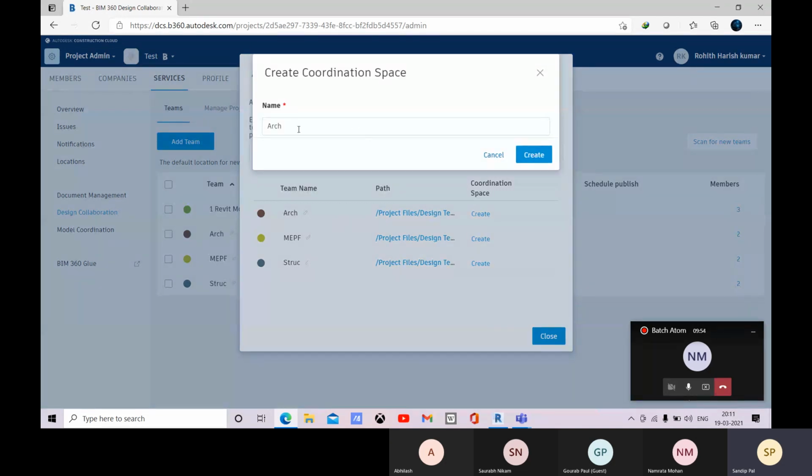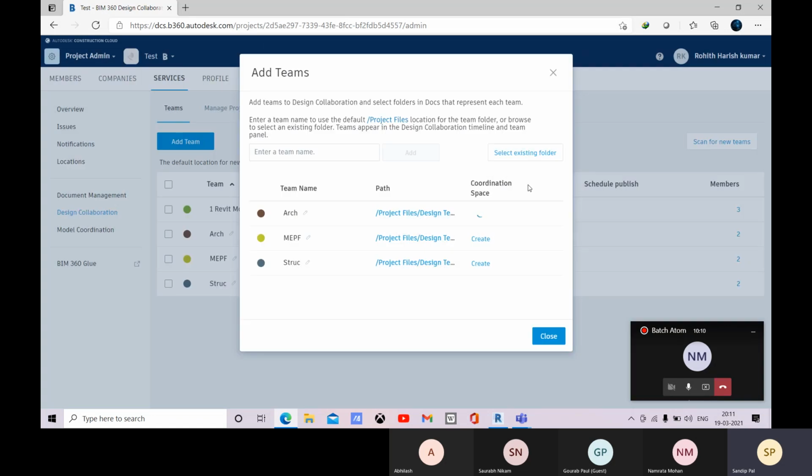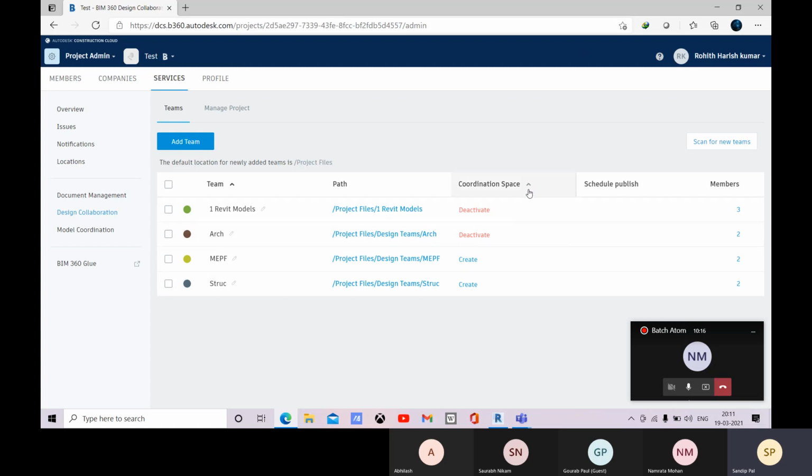You can name it as per that, and you can change the name as well. So let me define it like arc coordination. Okay, let me close that, and this has been created.